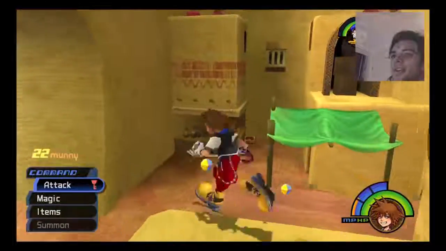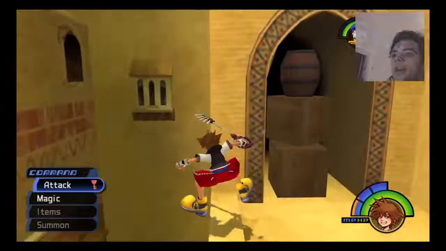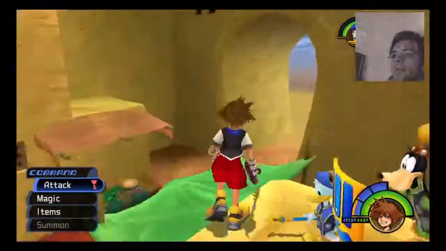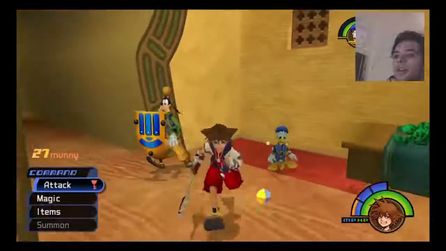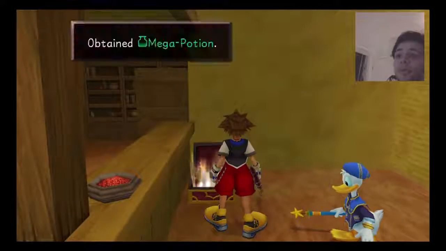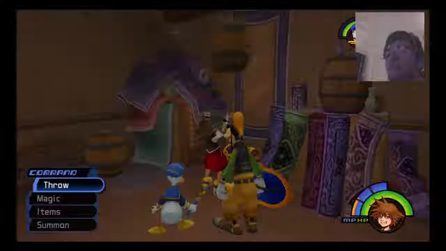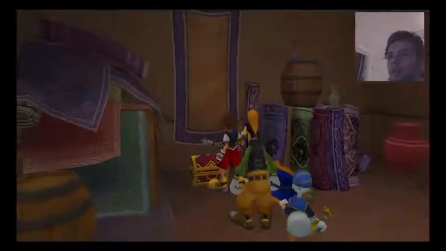These pots will contain various little goodies. The thing with Agrabah, though, it's kind of like Traverse Town, where it's set up in a way where you don't really get to see all of the world on your first go-through. It's a world that you have to come back to later when you get different movement abilities to really get to see the full potential of it. And that's something I really like about Kingdom Hearts, is that it really requires you to...